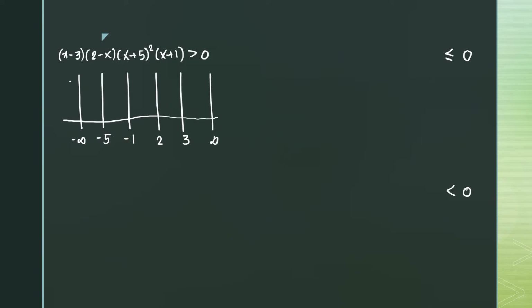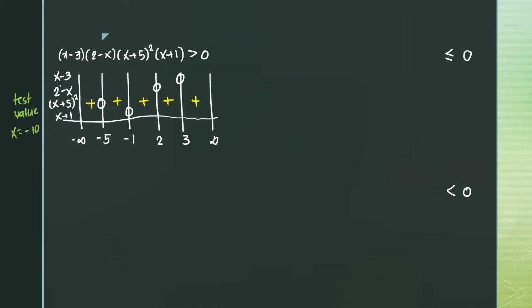So here, what should it be? Let's write all of them. X plus 5 squared and x plus 1. And then the zeros here are this one, that one, that one, that one, right? Okay, the thing is, you see an x plus 5 quantity squared. So that means without a doubt, all of them are already positive. So what's a very good test value? Test value. X equals -10, for example.